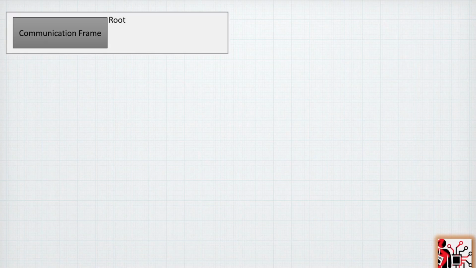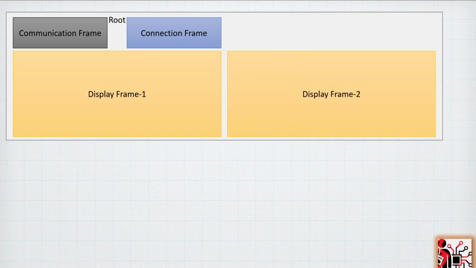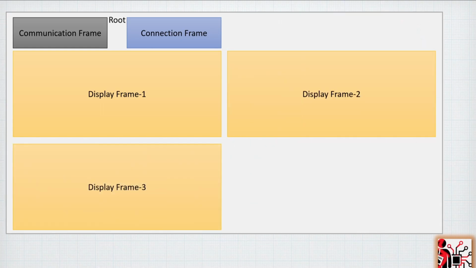So far, we created the root and also the communication frame and also the connection frame. So this is what we have been doing so far. And now what we would like to add is a display frame where we can see everything. But we would like to have the ability to extend the frame and see different charts and everything. So this is what we are going to create: a multiple frame that can be used to see multiple different charts